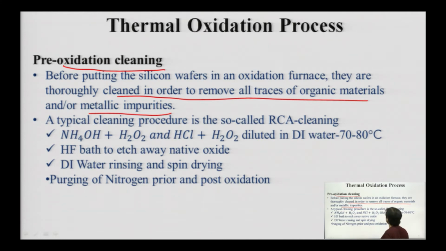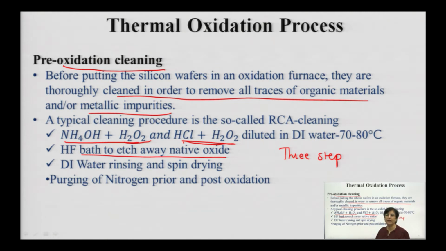The typical process of cleaning is RCA cleaning, where you use ammonium hydroxide, a hydrofluoric bath, and hydrochloric acid with hydrogen peroxide. This is basically a 3-step process, with the stages being NH4OH, H2O2, and HCl, H2O2. This is the first step of cleaning. Then DI water rinsing, then the second stage of cleaning, then again DI water rinsing. In between you have an HF bath to etch away whatever native oxide layer has formed,